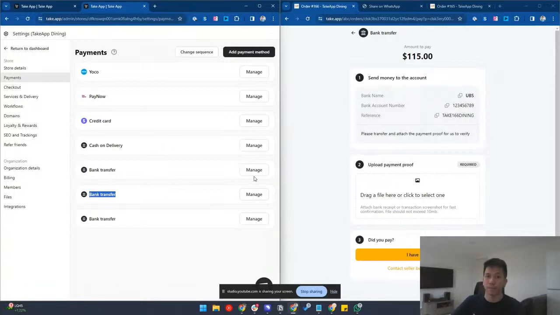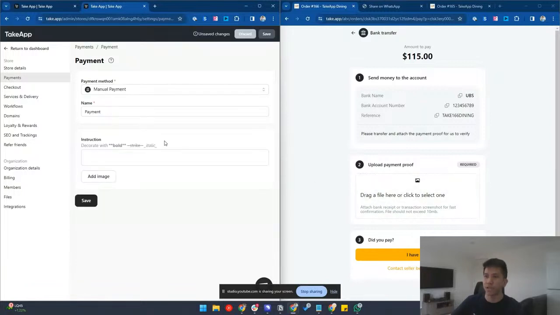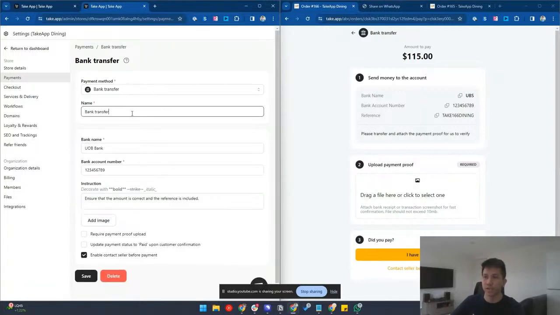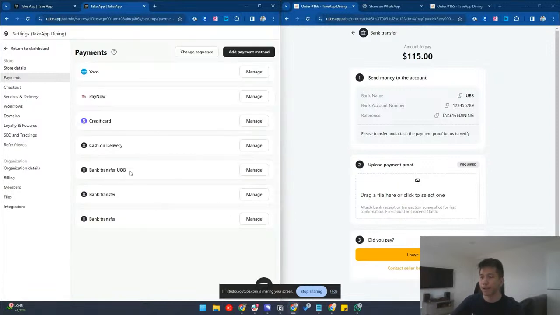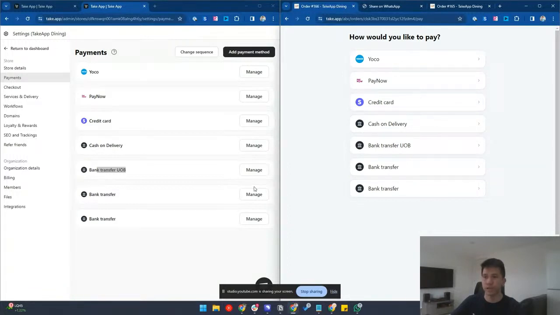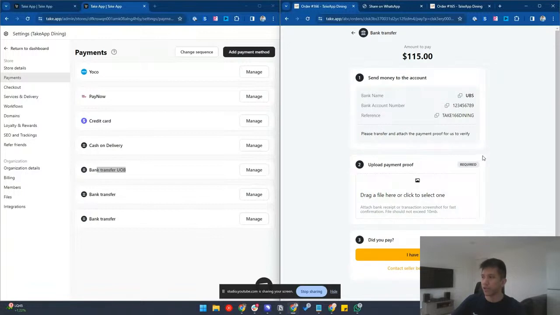If you have multiple bank transfer methods, I will just show you for this one. So you can change this one, bank transfer UBS or UOB. This one is UOB. And it will change right here. And people will not be confused with that. And then this one, the UBS one that I showed you previously,